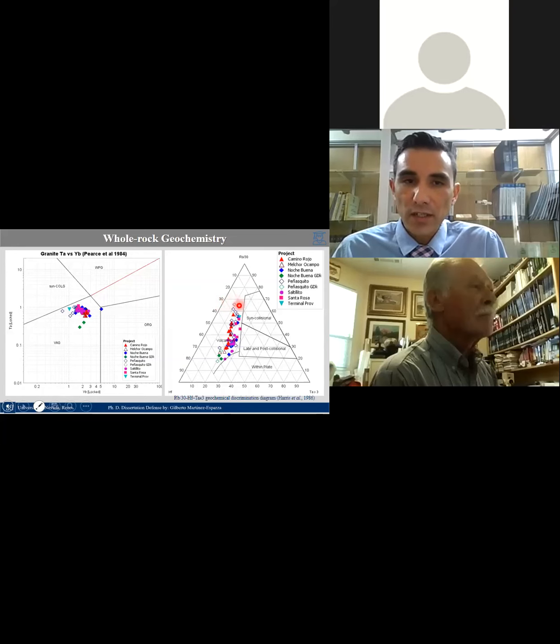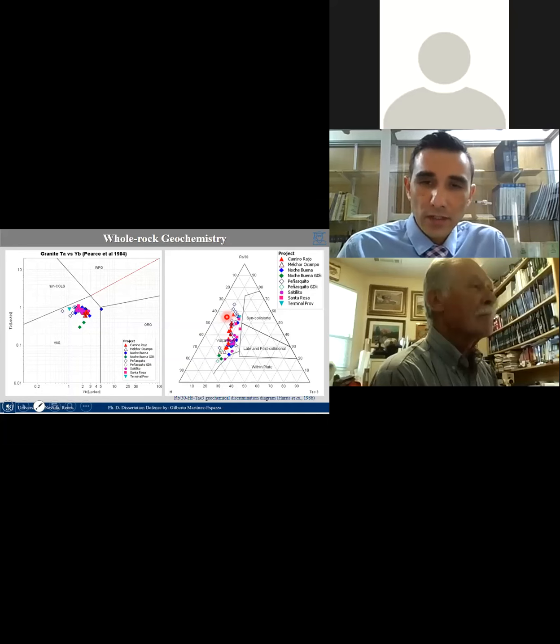As you can see, the blue empty rhombuses are the Peñasquito samples, and you can see a wide variation in the rubidium concentration. The other one is Camino Rojo, which also exhibits quite a variation in rubidium. So this will be a key factor in order to determine the difference between productive and non-productive